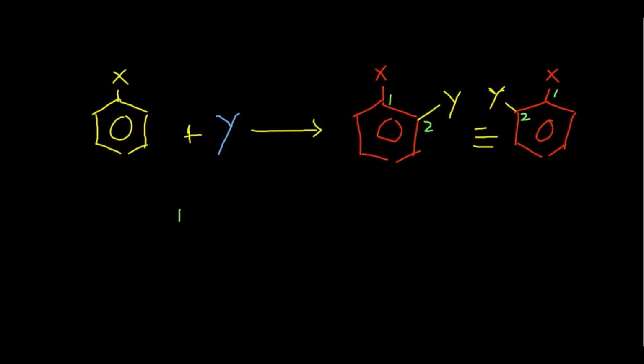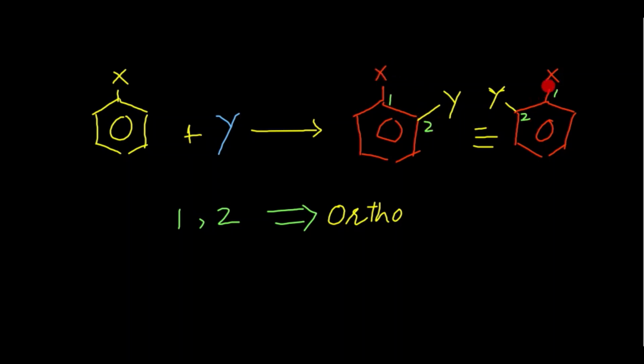ठीक है. X both are equivalent, यानी ये दोनों equivalent है. So here we have position 1 at which the first substituent is present and position 2 at which the second substituent is present, right? Position 1 and 2, right students, these positions are known as ortho positions. यानी 1 और 2 positions क्या कहलाएंगी? They are ortho positions. Ortho. ठीक है. इसका मतलब ये है we can say X is at the ortho position of Y. यानी हम कह सकते हैं कि X is at the ortho position of Y. X and Y, they are ortho to each other. X is at the ortho position of Y, right, and Y is at the ortho position of X.